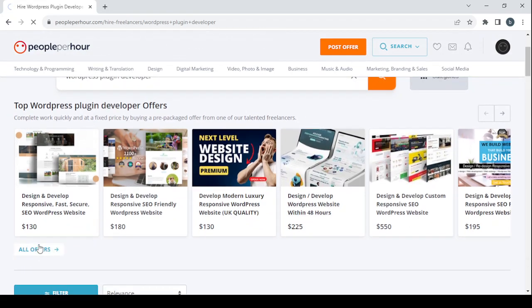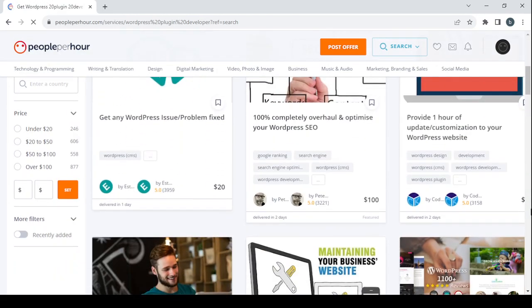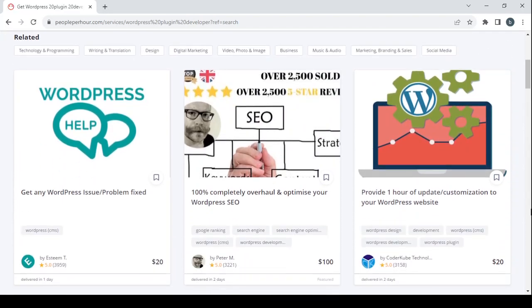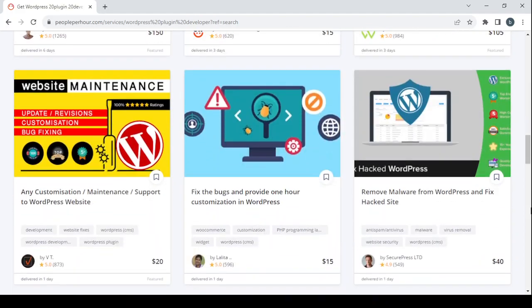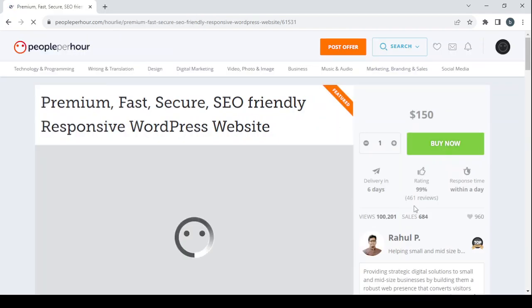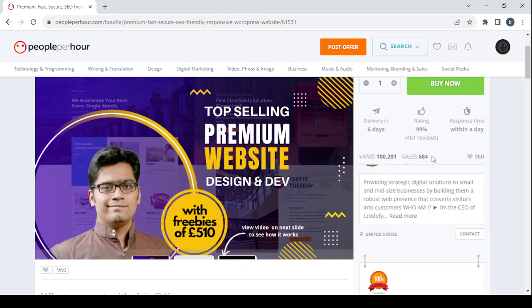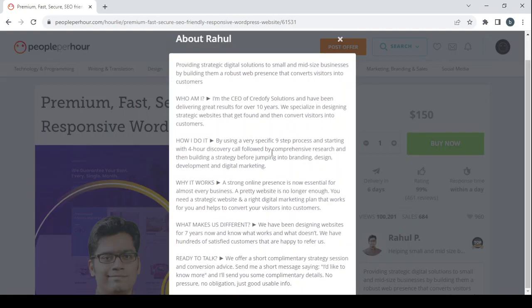descriptions. So let's go for all offers, and here let's check someone who is making a lot of money in this field. So here we have this one with $150. So let's check his description. So he's got a lot of sales, and let's check his description. And from the get-go, you'll notice that his description is very organized with questions and answers to those questions. This is a very